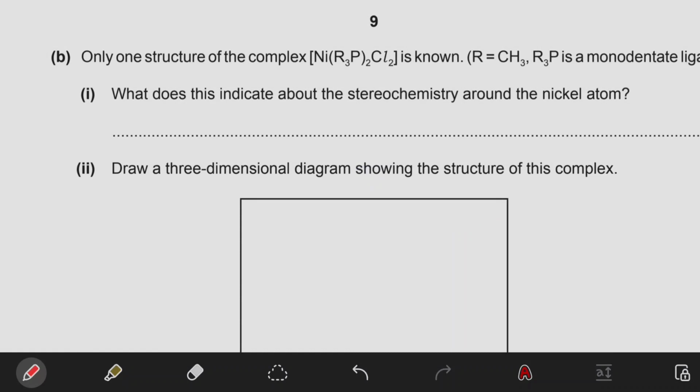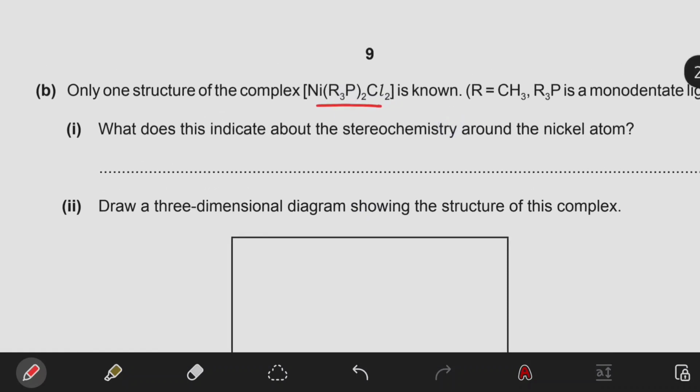only one structure of the complex is known. Okay, and this is the monodentate ligand. What does this indicate about the stereochemistry around the nickel atom? Okay, since they have told you that only one structure of this complex exists or maybe is known, so it definitely has to be tetrahedral,